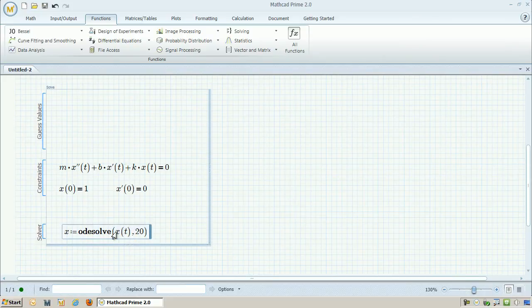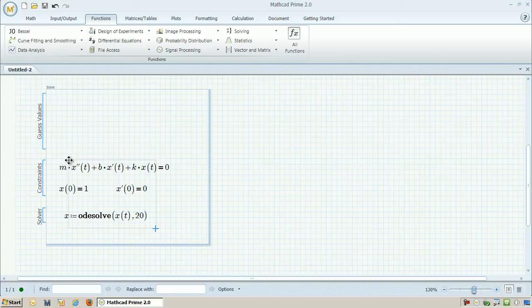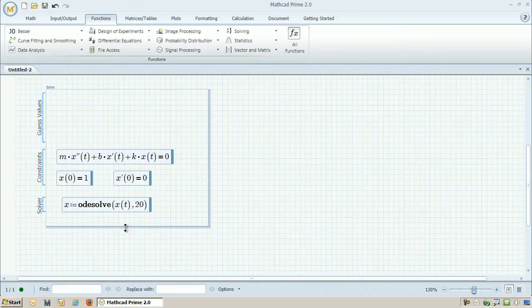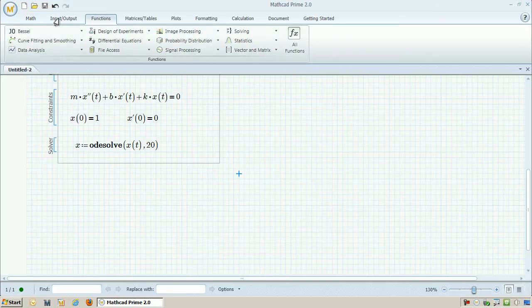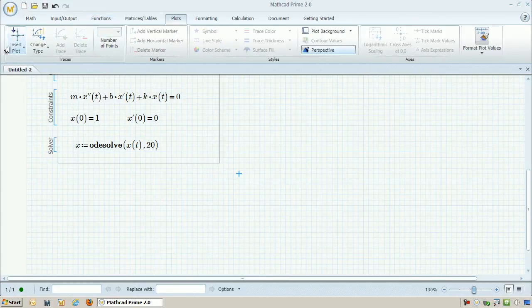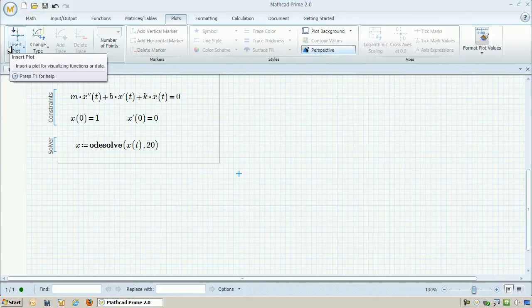And I can just go ahead and put in that I want to solve for x. And I can also say I want you to solve for x all the way up to t equals 20. I'm just going to move some things around so it looks a little bit prettier. And now that I have a function that's been solved by the ODE solve function, I can go ahead and